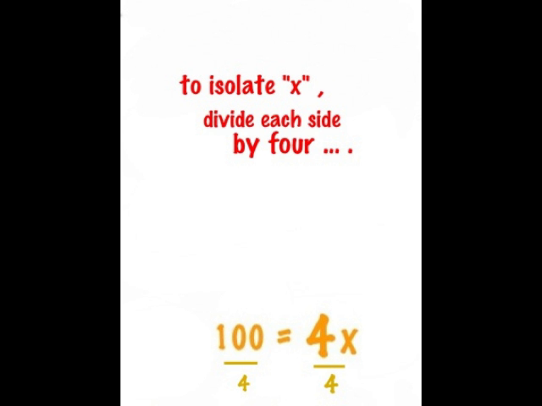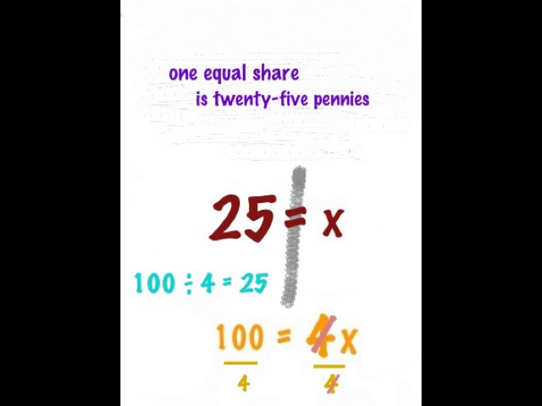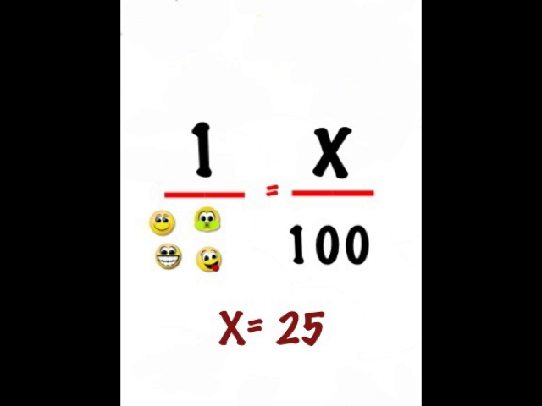We're going to divide each side of the equation by 4 to isolate x. Okay, we have 100 divided by 4 is equal to 25. And the 4's cancel out. 25 is equal to x. So the equal share is 25 pennies for the 4 people. Okay, x equals